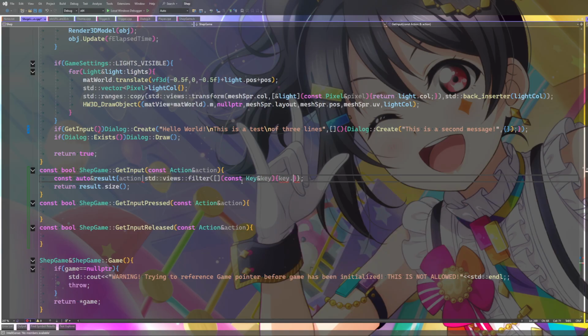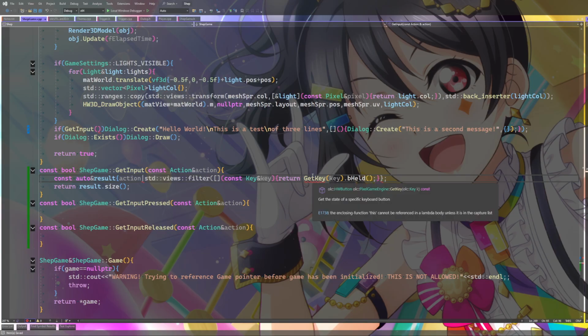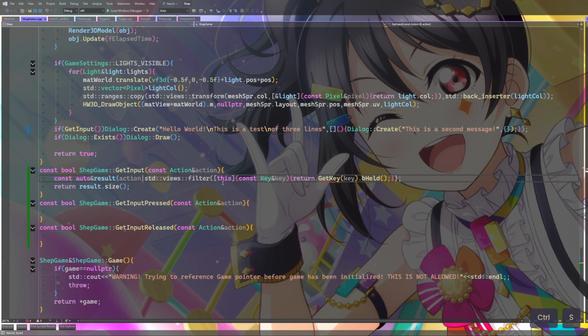Key. Return key dot, or we have to do get key be held. I want this, please.